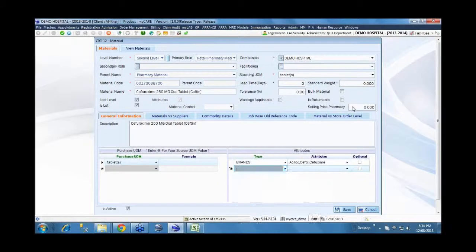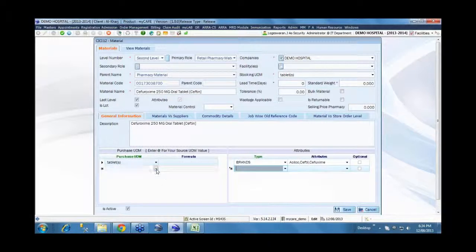The benefit of this is that you define it once, and specify the variations here. As and when you refer to this particular item in any transaction, the system will automatically populate the associated brands or sizes, whatever attributes you have defined here, and ask you to specify which brand or which size, and accordingly it will assign a specific unique item code.